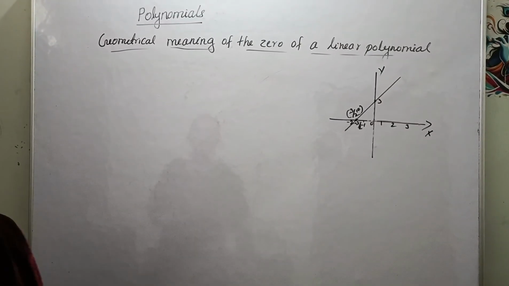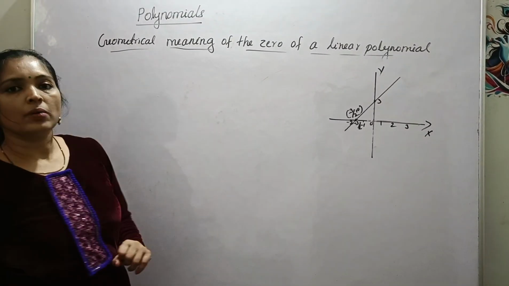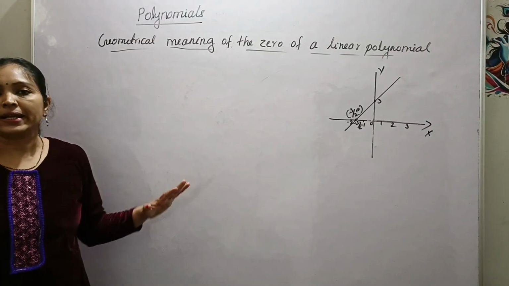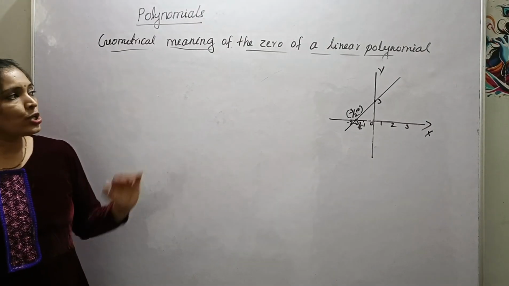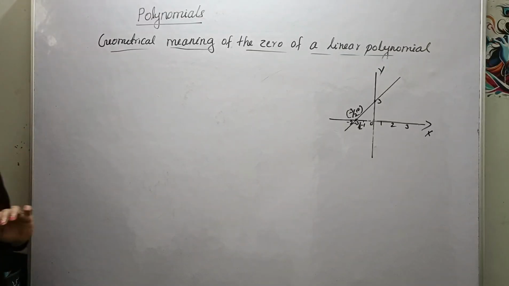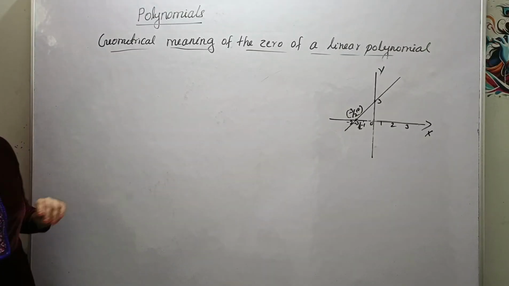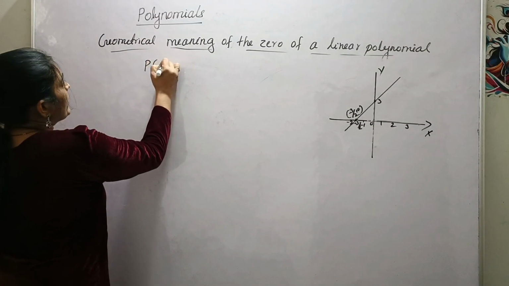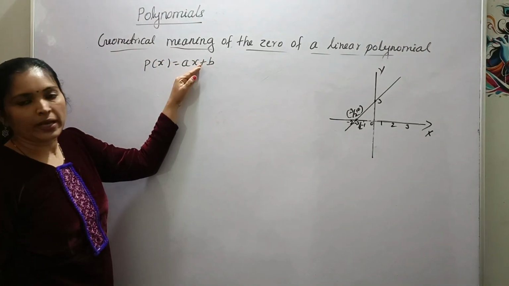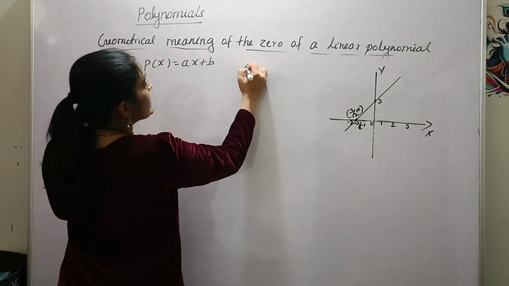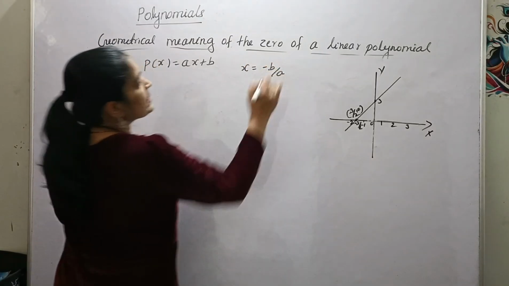Next is the geometrical meaning of the zero of a polynomial. Here we will study how to find the zeros of a polynomial using a graph. So first of all, let's go through the linear polynomial, a polynomial of degree 1. Here a polynomial p of x is equal to ax plus b. It's a linear polynomial. And here we know that x is equal to minus b by a is the zero